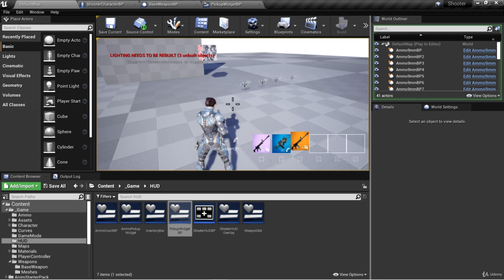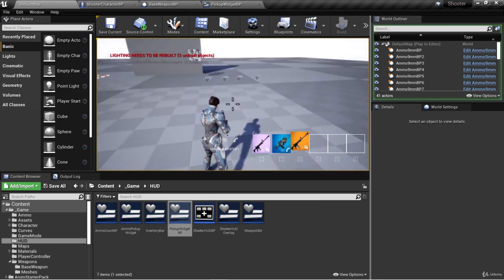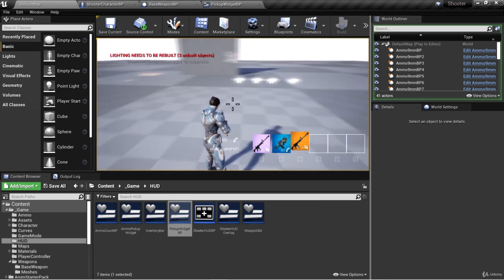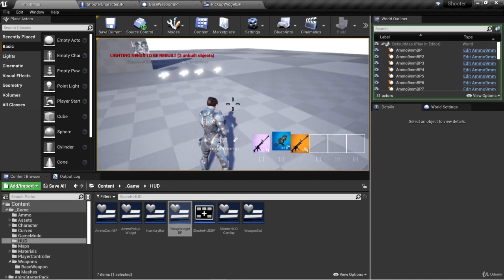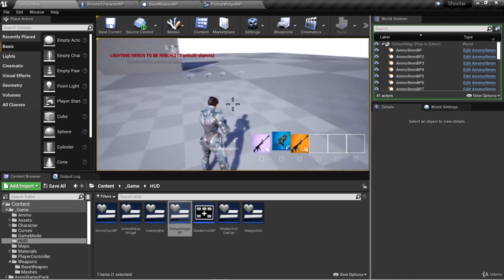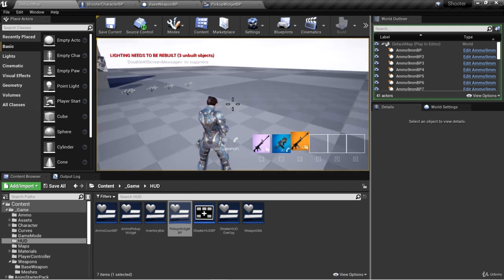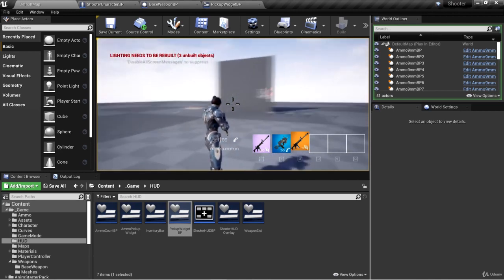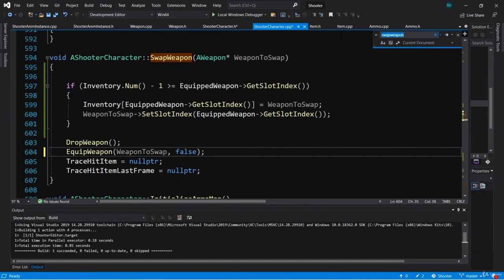But when it comes to shooter games and action games in general, the controls need to be quick and tight, and sometimes you might want to swap your weapon before we're even done playing the equip animation. So I'm going to show you how to allow this to happen without allowing us to swap the weapon during other crucial actions such as reloading or firing the weapon. So let's go back to our exchange